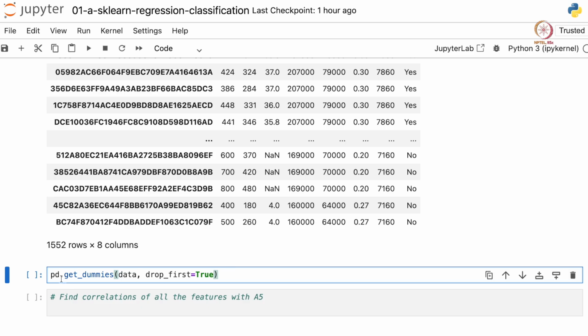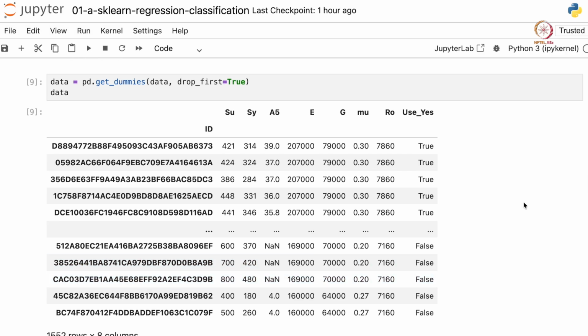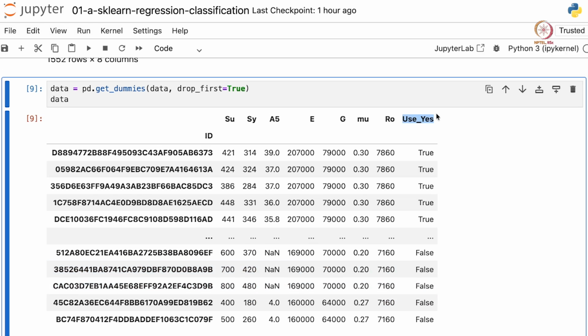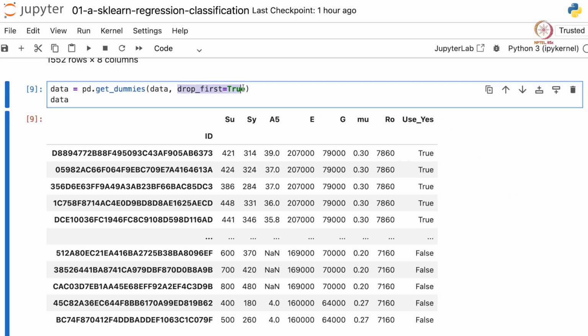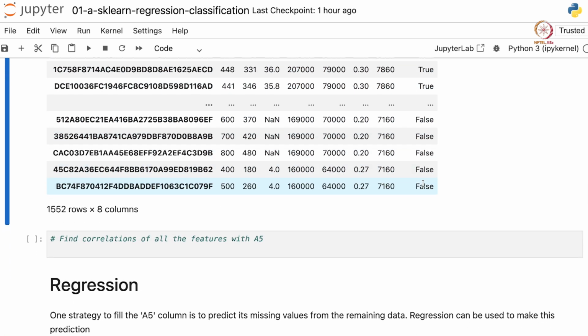So let's see how this looks, and let's assign the data frame that is returned into data itself and print data again. So we see only use yes remains because we have set drop_first equal to true, and use yes is sufficient to know whether this material has been used as an EV chassis or not.